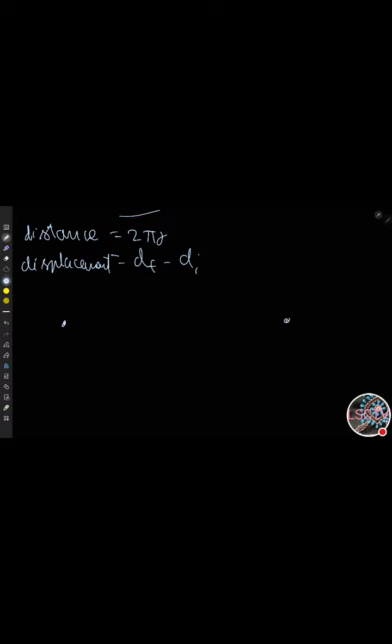Then how will the displacement be negative? Fine, let's say this is me. A, B. This point is 0. This is 20. Then first we'll go from A to B, which is 20. Here distance and displacement are the same thing. As long as you move in a straight line, the distance and displacement are always the same. Only when you change your direction and curve around, the displacement will change.